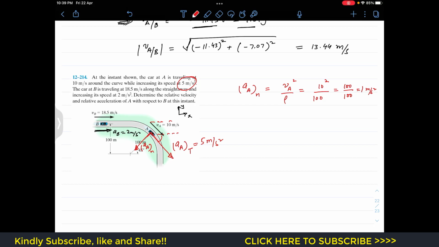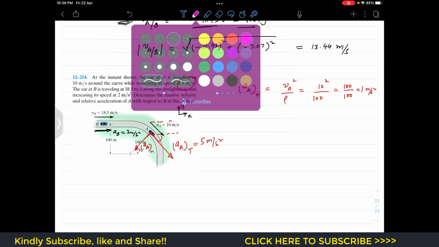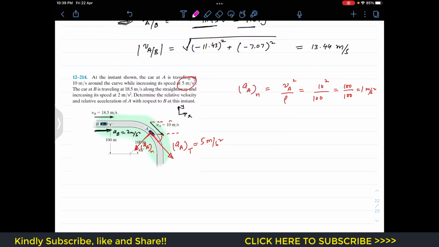Now we have to find the Cartesian vector representation of the acceleration of A. So we have to resolve this tangential acceleration into its components along the x and y axes. It will have one component which is going to act in this direction, and one component which is going to act in the downward direction, and this angle is 45 degrees. So now this component is the AA tangential in the x, and this is AA tangential in the y direction. So now we can write that